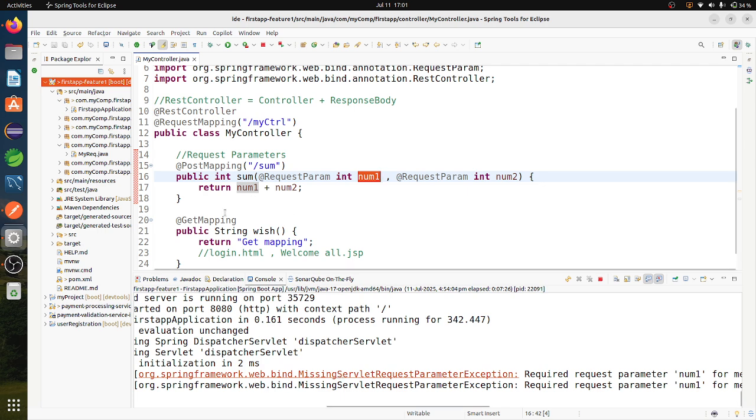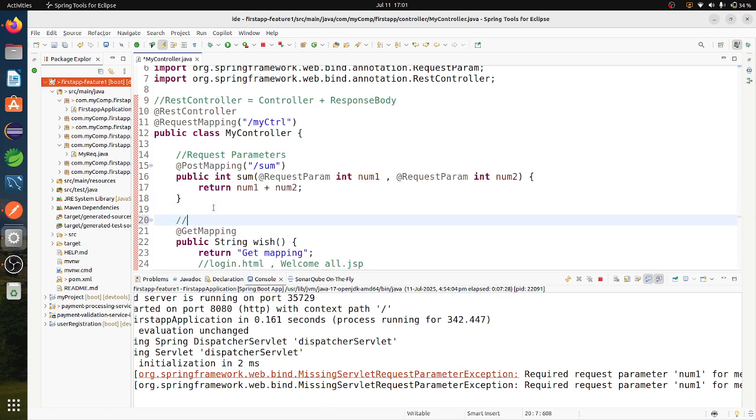And the next one is path variables. When we want to pass the variables in the URL or maybe in the path, URL or path both are the same, then we have to use path variables.